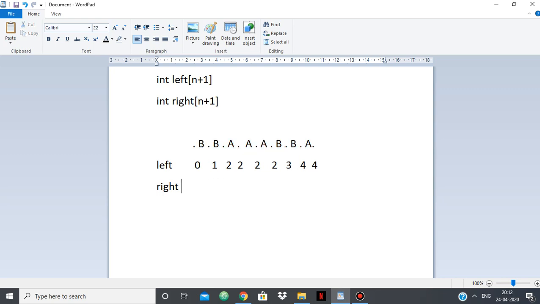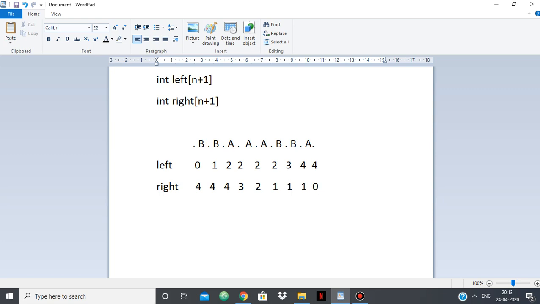Now for the right, the same thing basically. From here to the right everything I have to change into B. So the main changes I have to make will be 4, and for this position it will be 4, first position 4, next position 4, then it will be 3, then 2, this will be 3 actually, yeah. So for this position it will be 4, 4, 4, 3, this position it will be 2, and for this position it will be 1, this position 1, this position 1,